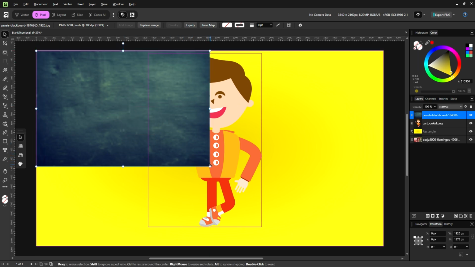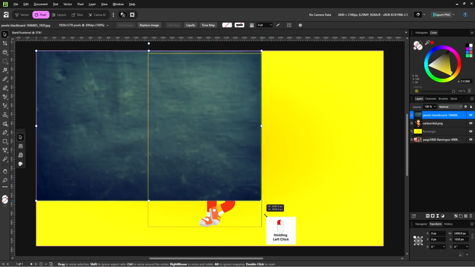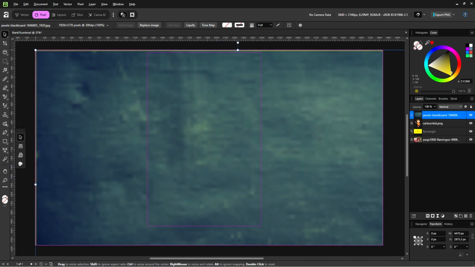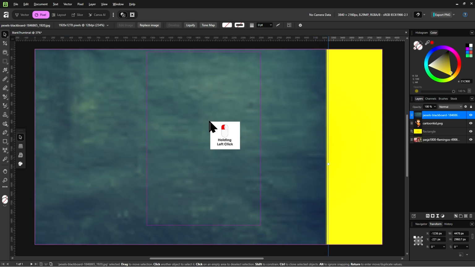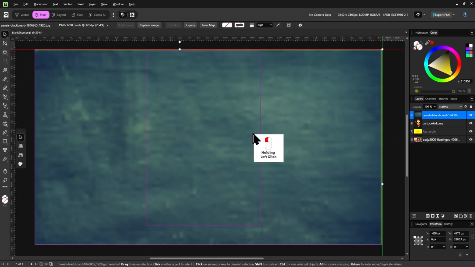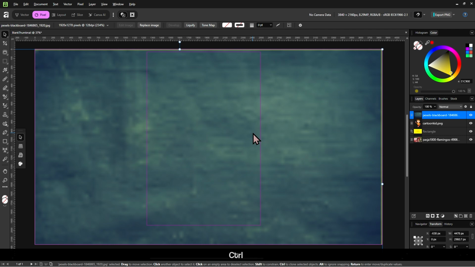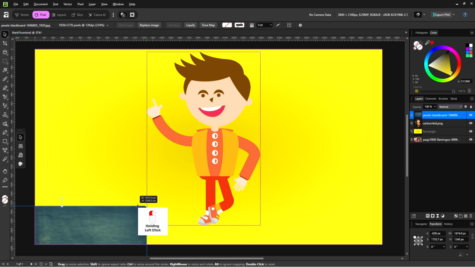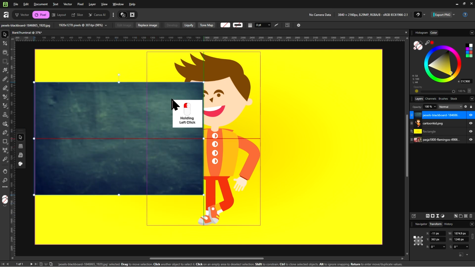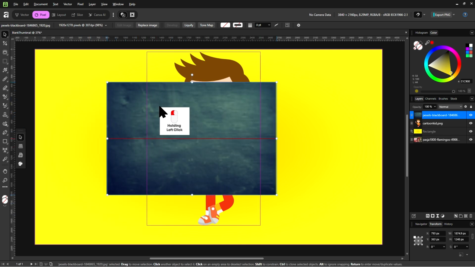So as you can see, it's a very low quality version of the image. So I scale this up and you can see that it's not at all the same image from earlier. We absolutely cannot use this image for real Affinity graphic design work because it hurts the eyes to just look at this, right?